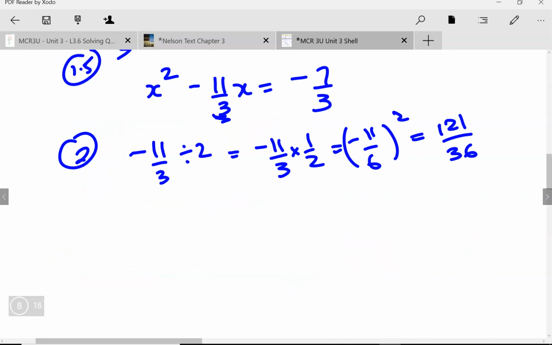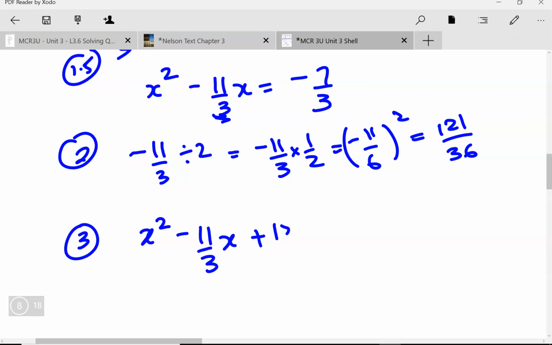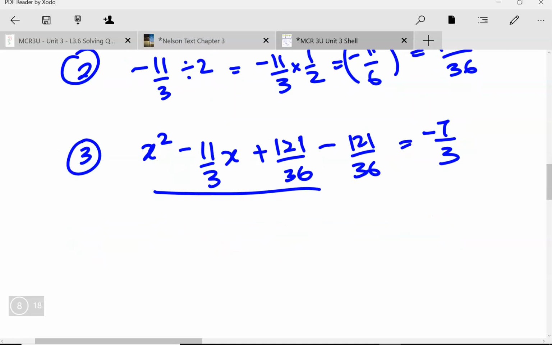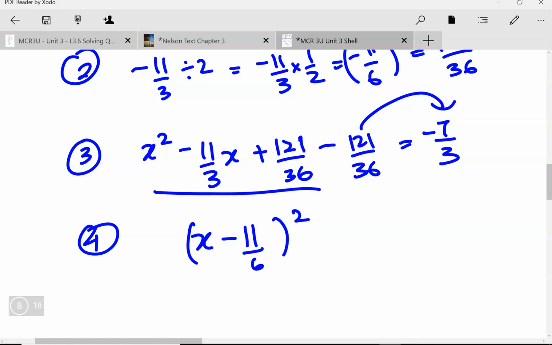Add and subtract that term to my original equation, step number 3: plus 121 over 36, minus 121 over 36 equals negative 7 over 3. I'm going to group these three terms, complete the square, x minus 11 over 6 squared, move this to the other side, equals